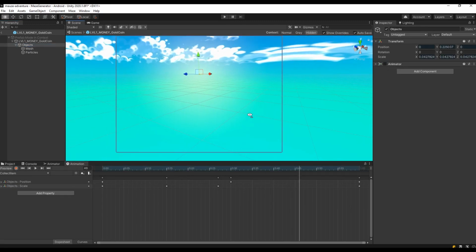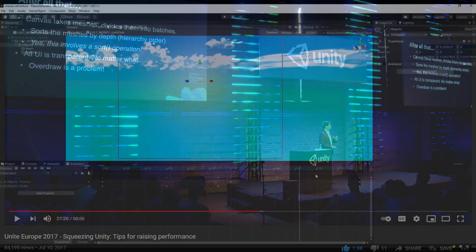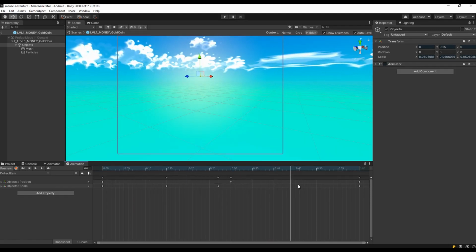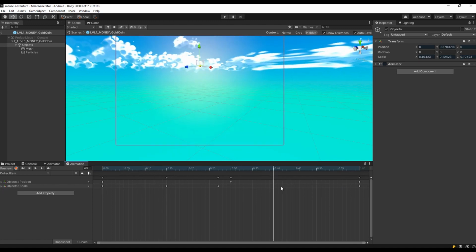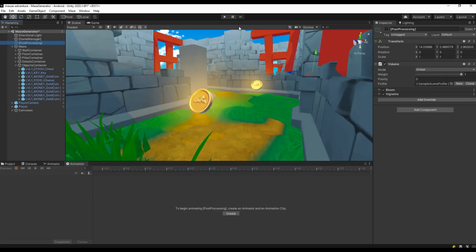Of course I did not know about this up until I watched the Unity Europe 2017 optimization tips video, which presentation I will add into the description below. The problem with using animator based animations in Canvas is that unless you disable it, you will keep the animation in an idle state which will always run and set the canvas dirty every frame. So if you have many objects in the canvas, all of them will be drawn even though they do not